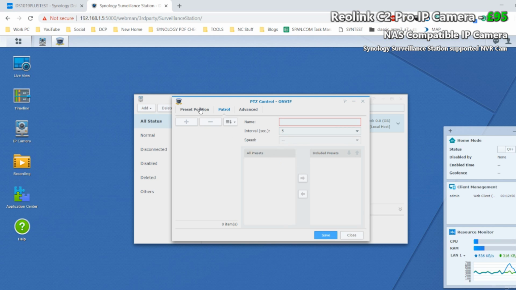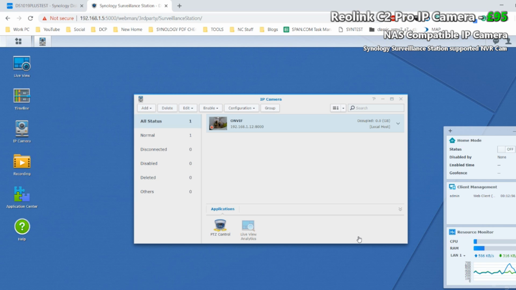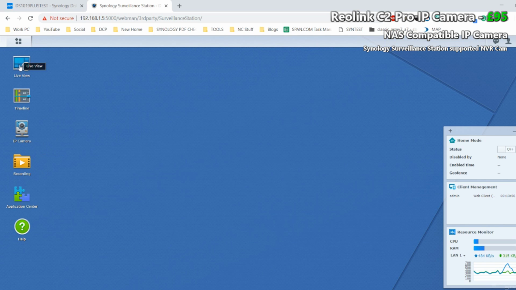Unfortunately, to do that, we will have to change the preset pattern. We'll leave that for another video because I think that might be a little bit too deep for this video. And again, if we move along, we can go into really what I think is one of the most important